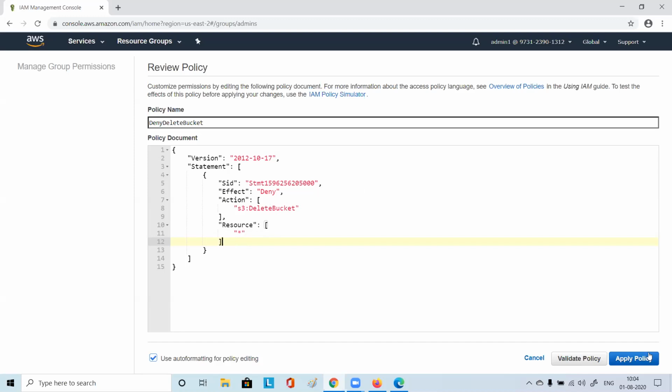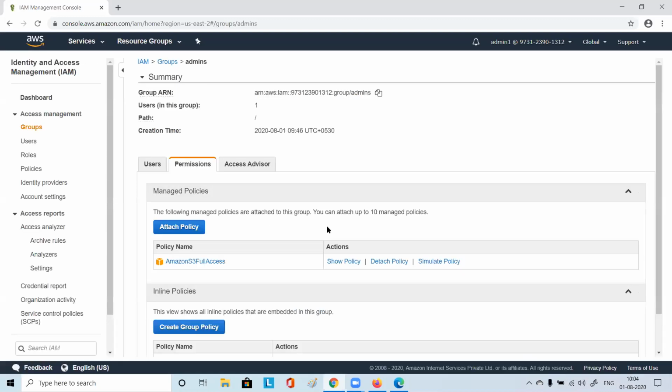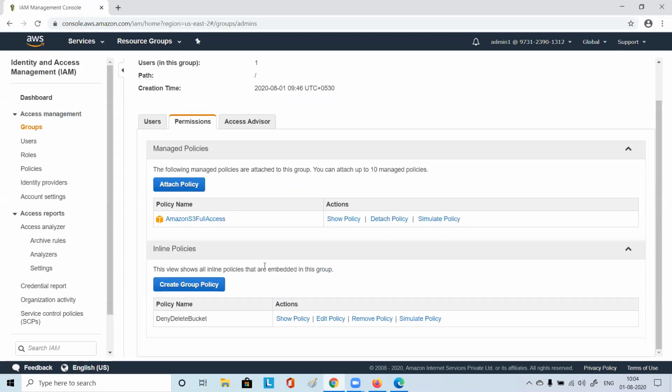So this resource is a single resource or a list of resources on which we can perform some action. So say, apply policy. You see apply policy now, full access, and then you just see inline policy. So you understood what is inline policy? Yeah. So inline policy means you can apply, attach.